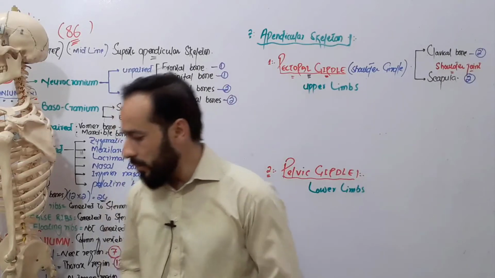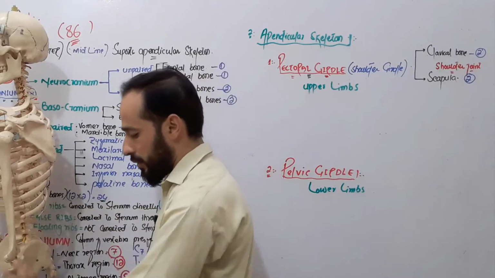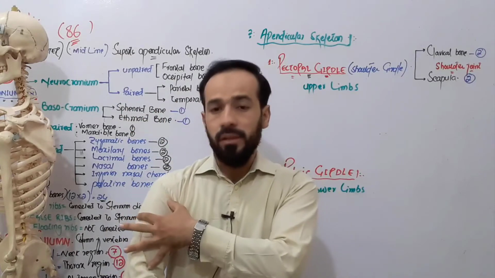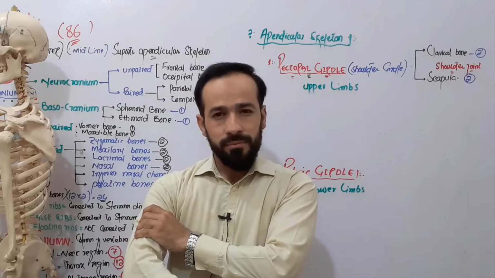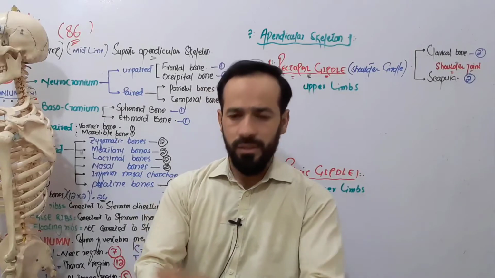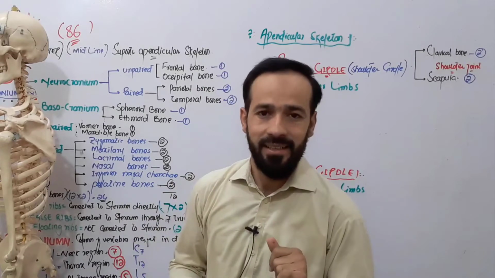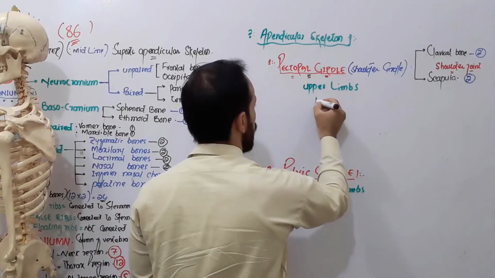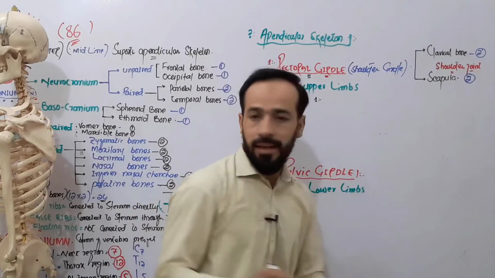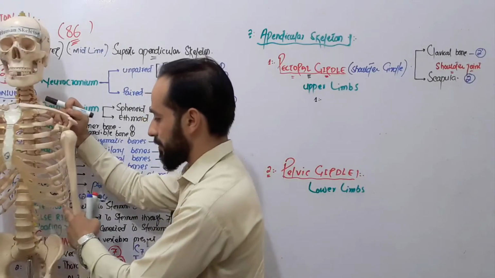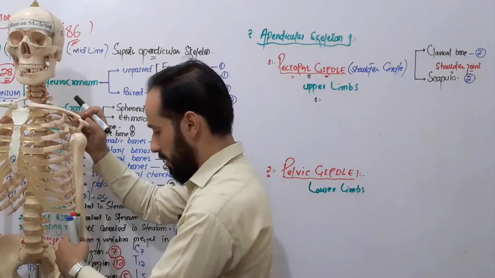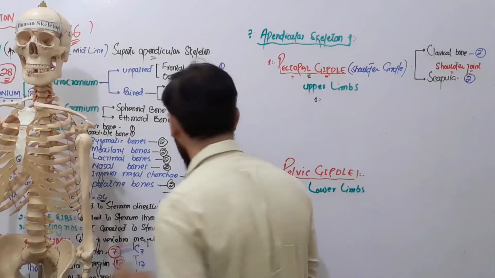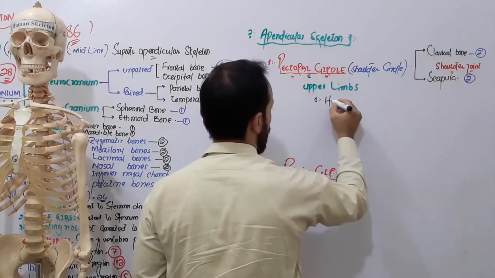First of all, our upper limb is divided into 3 different regions. First, the arm region, second, the forearm region, and third, the hand, right? So we will discuss the bones of them. First, the first bone which is present there is your humerus. Look carefully. This is the humerus bone, right? And we will discuss it. So the first bone is your humerus,